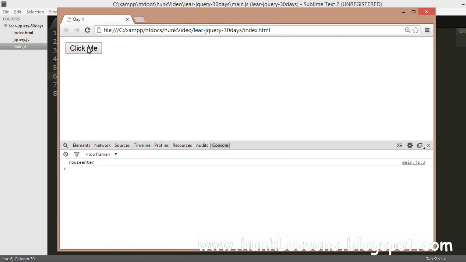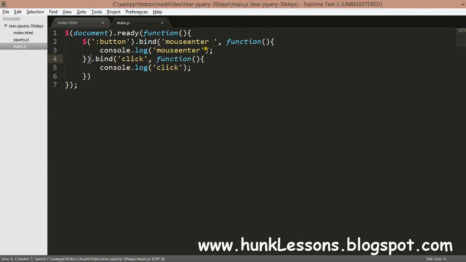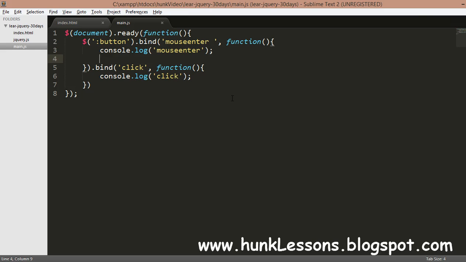If you mouse enter and you click it, it will show you click, but it's simply duplicating your code. If you go for a job or something, they will see that you are duplicating your code and increasing the size of a JavaScript file. It's not good to increase the length of a JavaScript file, because every time the user enters a website, the server has to load the JavaScript file, and that makes your website load slower. That's why you don't need to write excess JavaScript code. It's called duplication of code.